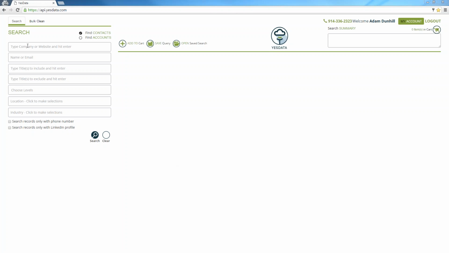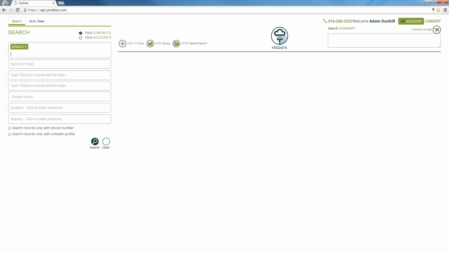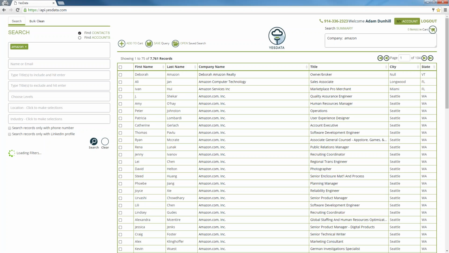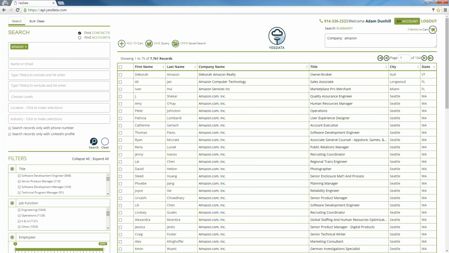The first search criteria that we offer is the ability to search by a company. So let's put in a company name. Type in the company name and then press enter. The value turns green and hit the search bar. 16.5 million records in our database, and Amazon records are records that have the word Amazon in their company